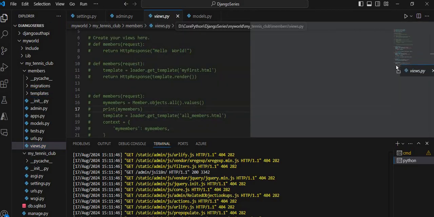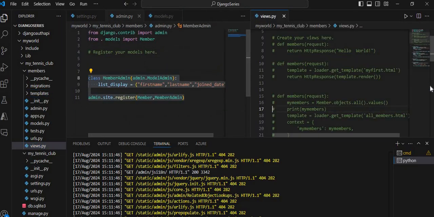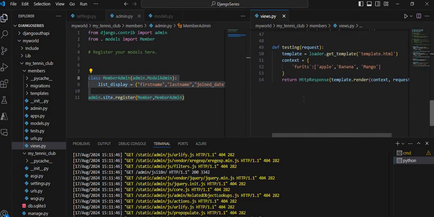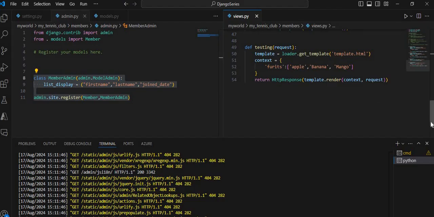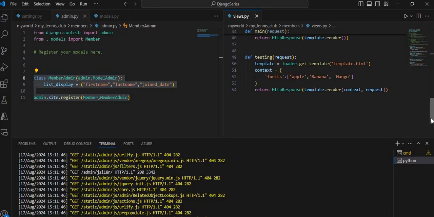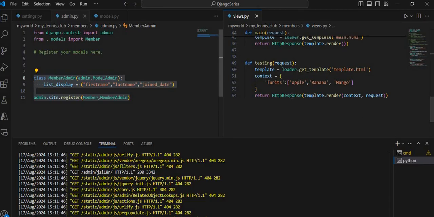Let me open side by side to show you what I am getting from this views. So in this views.py I am creating 4 to 5 view functions. So if you see here, I have a context dictionary and we have a list in this dictionary, fruits, and inside